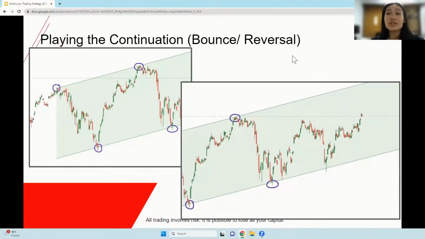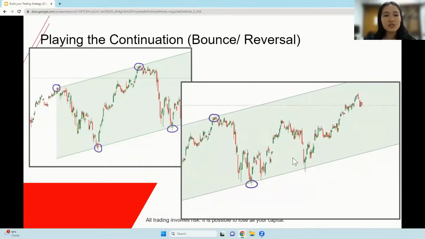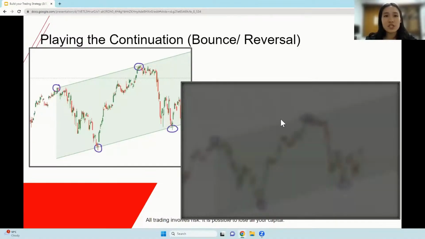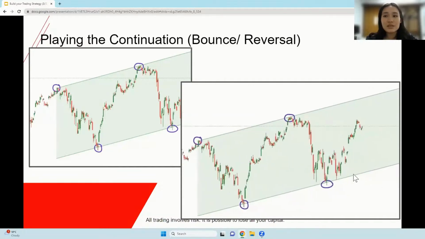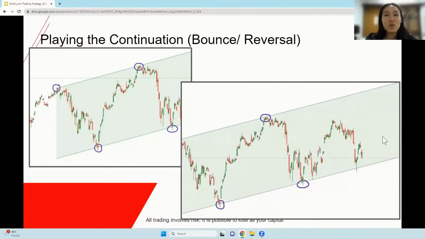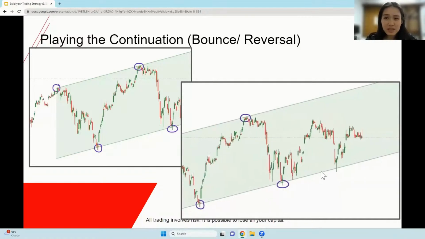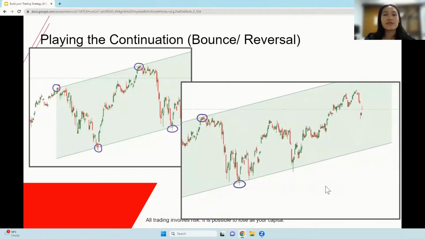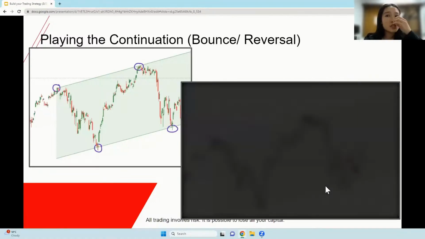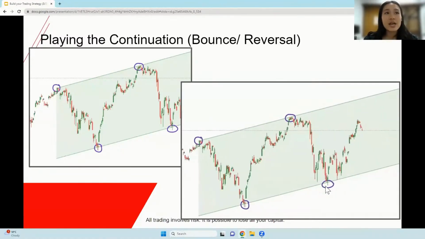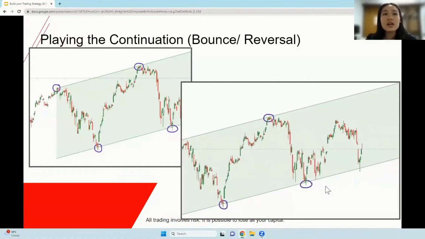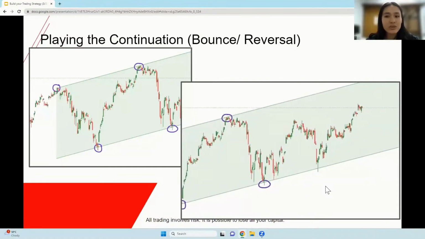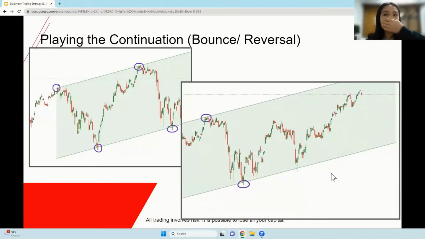What we mean by bounce and reversal in this case is not so much a reversal in trend, but more a reversal in terms of touching the walls of the trend channel. We see bounce off of the trend channel. That's basically what we mean by bounce and reversal in this case. Not so much breakout of the channel, and that's why we call it a continuation, because it's still continuing within the trend channel. So it's still moving within the trend, the ascending trend.